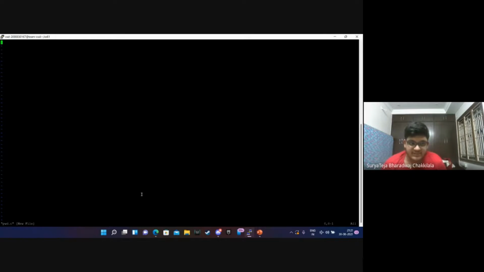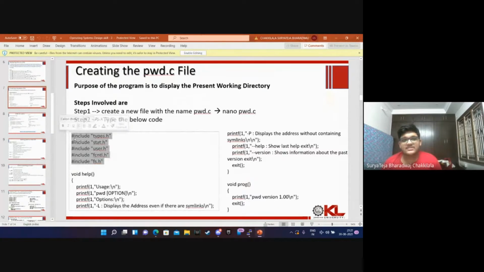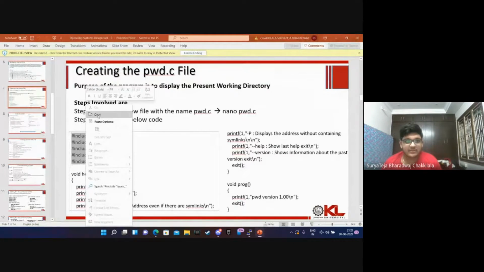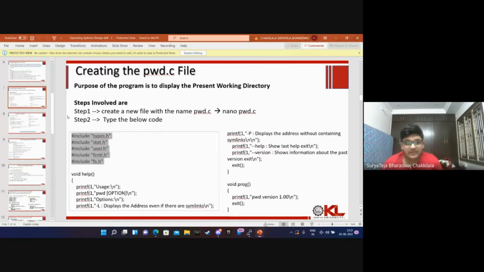pwd.c, open the text editor and press i to insert, and I will be just pasting all of this there, and void help. There I will write these printf statements.